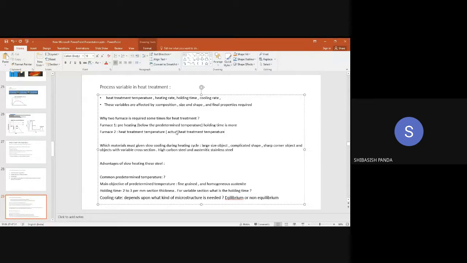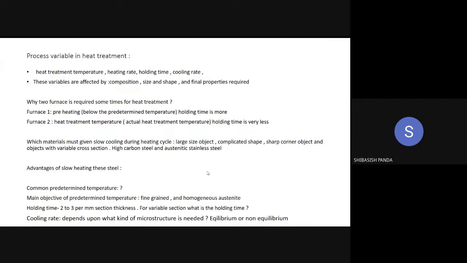Can you people tell me, by reading this one, what is the need, how you can prevent the oxidation, corrosion, or how you can prevent the grain coarsening by using two furnaces? Let me see who can answer. Now tell me, I have written everything. Can you people tell me how we can prevent the grain coarsening or prevent the oxidation of steels, alloy steels